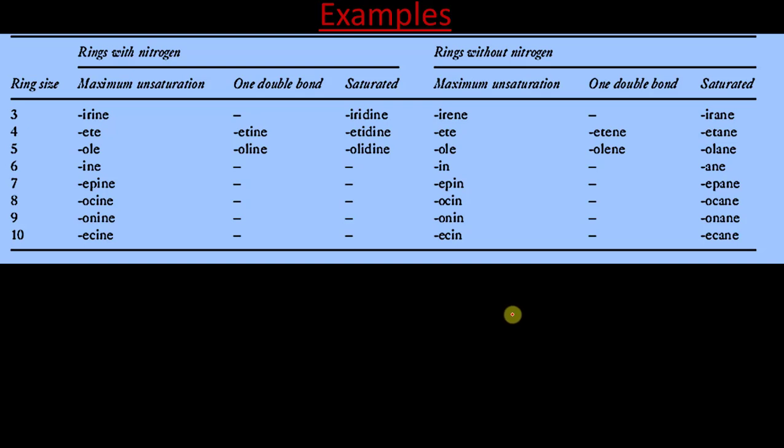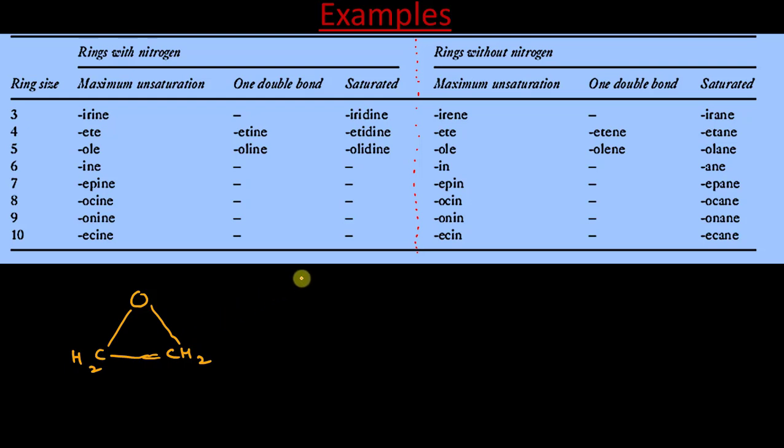Let us now do some examples and learn. For your reference, I have copied that table once again. Why? Because I will take help from this table to name various heterocyclic compounds, so that you can learn how to take help from this table when we have to name the heterocyclic compounds. So let me write the first heterocycle. It goes O, CH2. Suppose we have to name this heterocyclic compound.